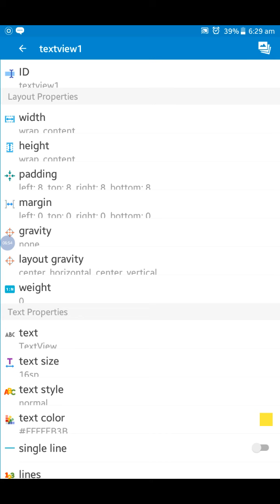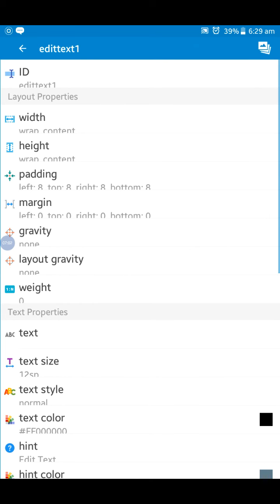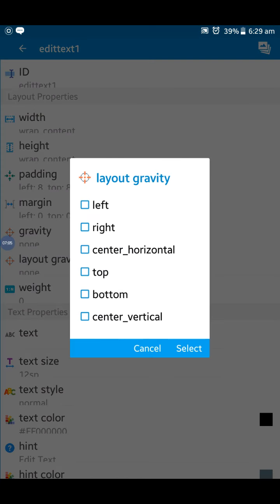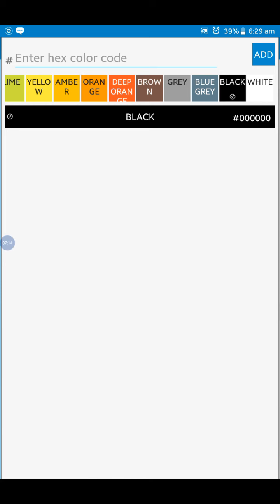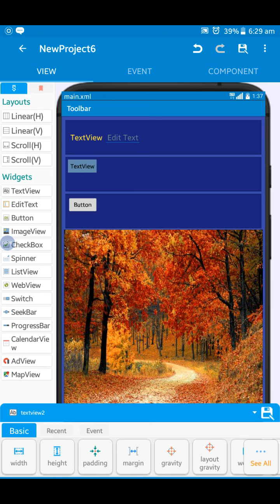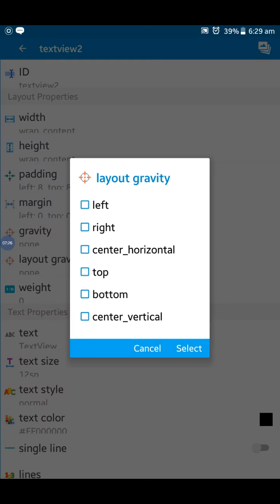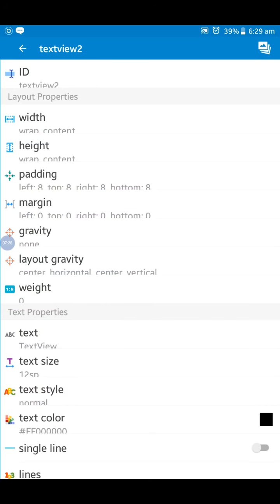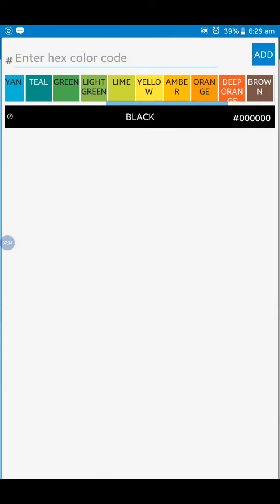Okay, select. Then again we go to the edit text. Layout gravity, center horizontal, text size 16, select. Text color will be dark yellow. Again we go to text view 2. Layout gravity, center horizontal, text size will be 20 and the text color will be yellow.